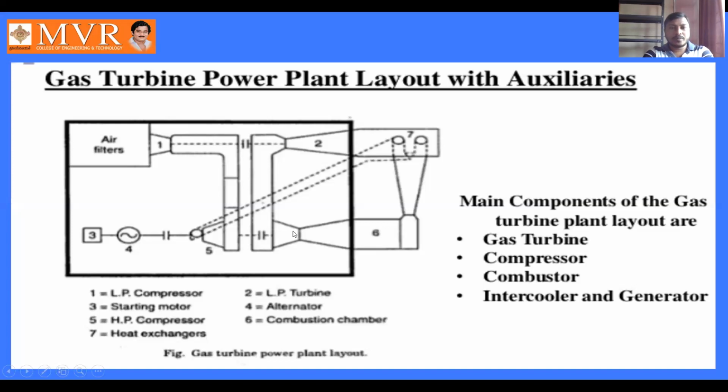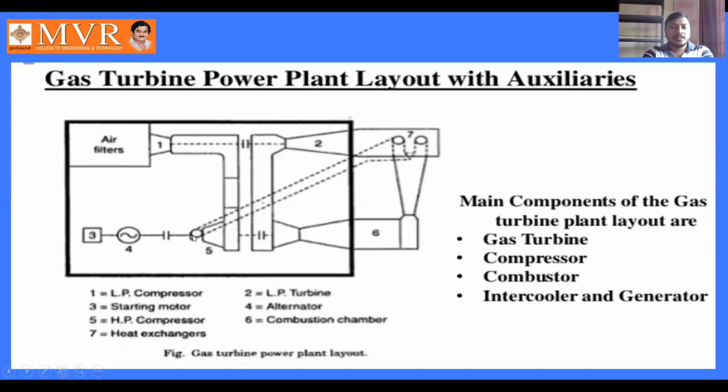And in the high pressure turbine, the kinetic energy which is raised here in the combustion chamber, the gas comes into this high pressure turbine, and the kinetic energy is converted into heat energy, where the heat energy is converted here in the turbine into mechanical energy. The mechanical energy here enters into this alternator, where the alternator converts the mechanical energy into electrical energy,